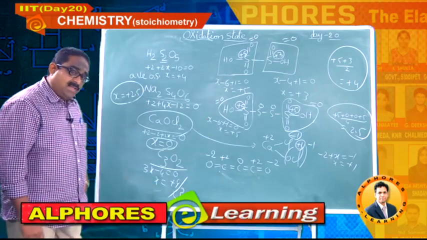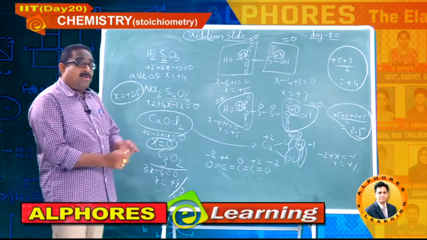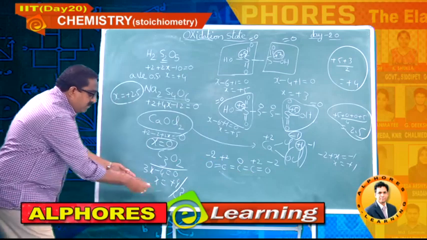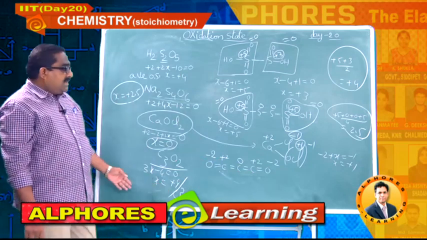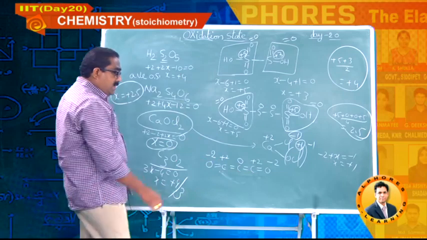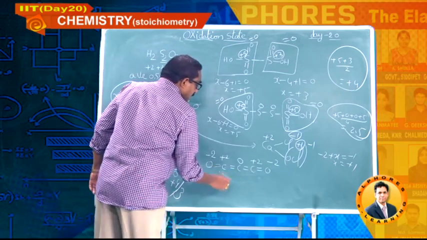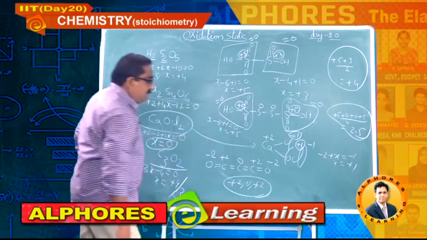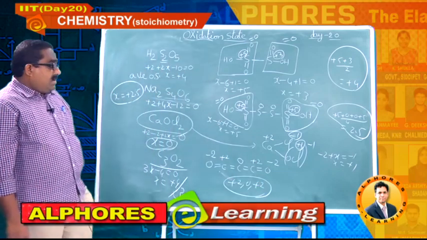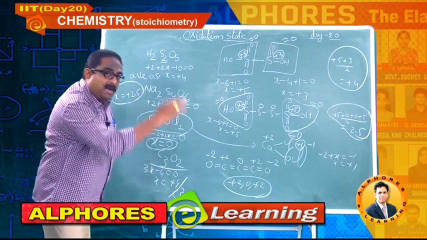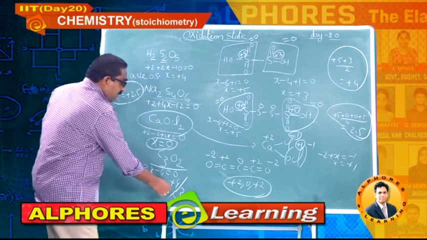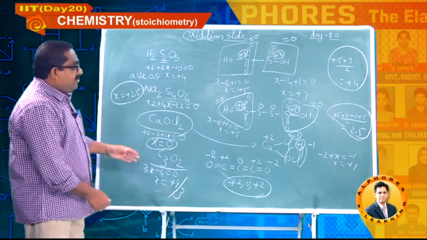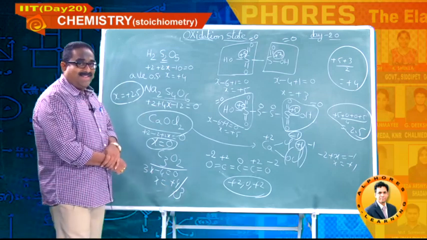If we go for the average, 3 atoms are there. Total charge plus 2, 0, plus 2, plus 4 by 3. So this is the average oxidation state. These 3 are the individual oxidation states of carbon, plus 2, 0, plus 2, for 3 different carbons. And the overall average is plus 4 by 3. You finish off this and then we will go for one more set of examples.